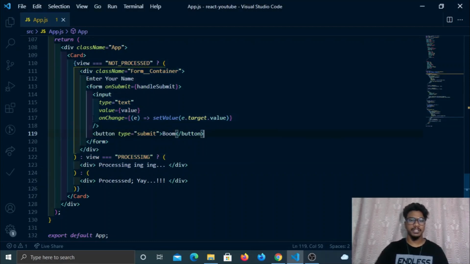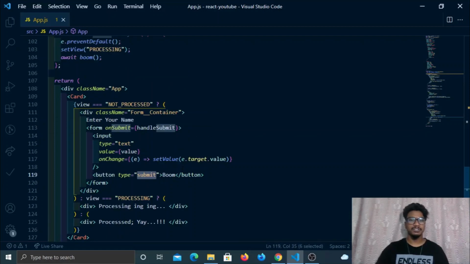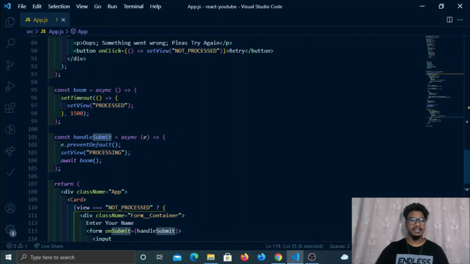I'm just using hooks, and I'm just having onChange, and I'm just having this type submit. So if you can see here, if I do handle submit, it will be hitting this one, and I'm setting the view to processing for a while. I'm using this await so that I'm making it feel like an API call.